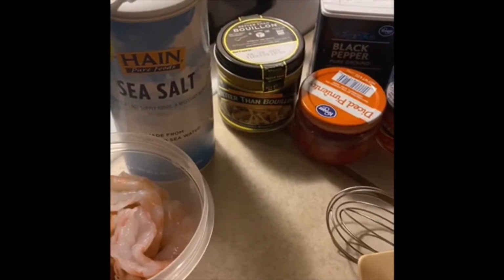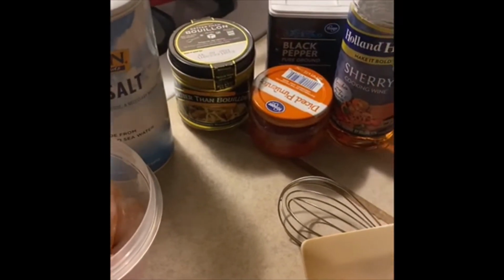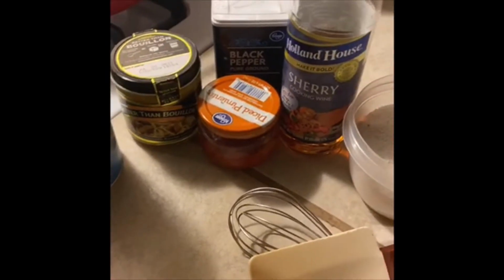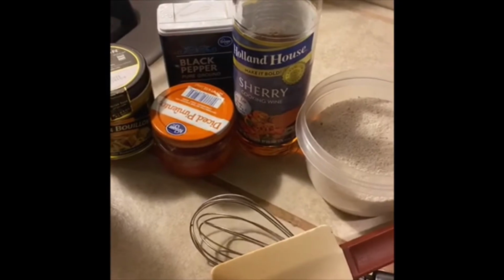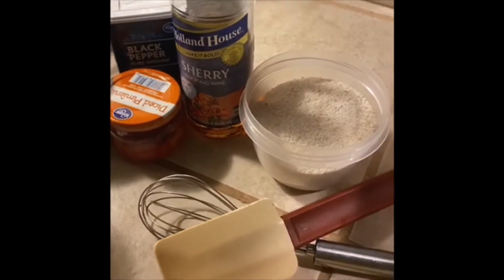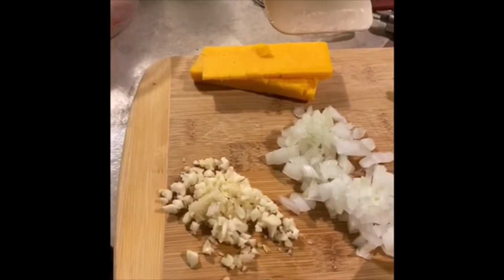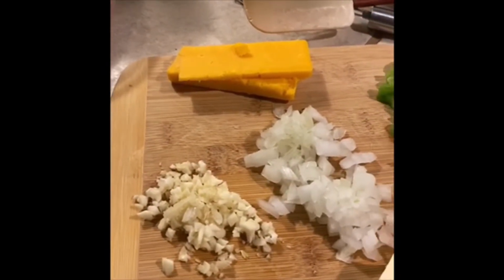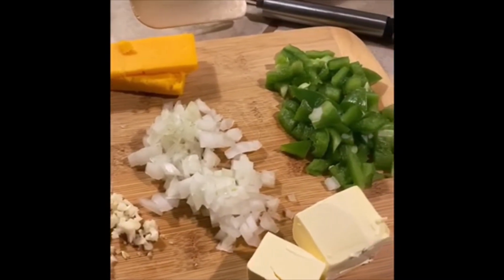Today I got a nice, quick, and easy recipe: shrimp and grits. So you're gonna have your salt. You see the pimentos, the sherry wine, chicken stock, black pepper, your grits. Then you're gonna have your garlic, your onions, your cheese, cheddar or slices, whatever you want to use, green peppers,